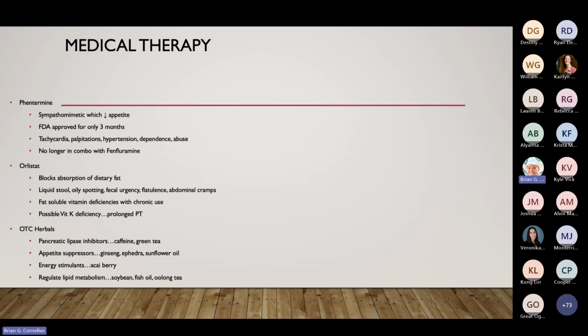The next class of medications we used was orlistat, which is still available. It's available over the counter for that matter. What it would do is basically just block the absorption of dietary fat. As a result, the patients would have large liquidy stools. From my understanding, it was really uncomfortable to take. They would have profound abdominal cramps. They did start to develop some malnourishment because of deficiencies in long-term use. And then the other thing you saw was that you started to have some clotting disorders, so their vitamin K